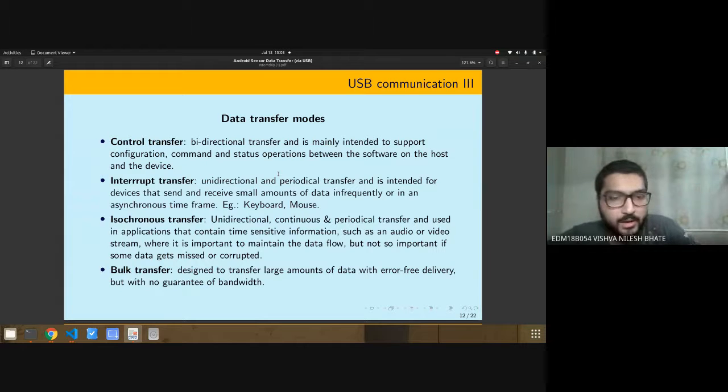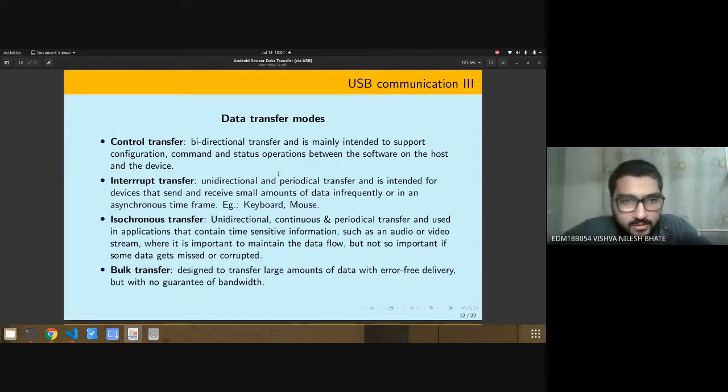Now, who is the host and who is the device? Because both can power the bus. So who is the host and who is the device, right? We don't know. So when such situations arise, before actually transferring the data, there is some protocol followed between the host and the device, which usually happens via control transfer.